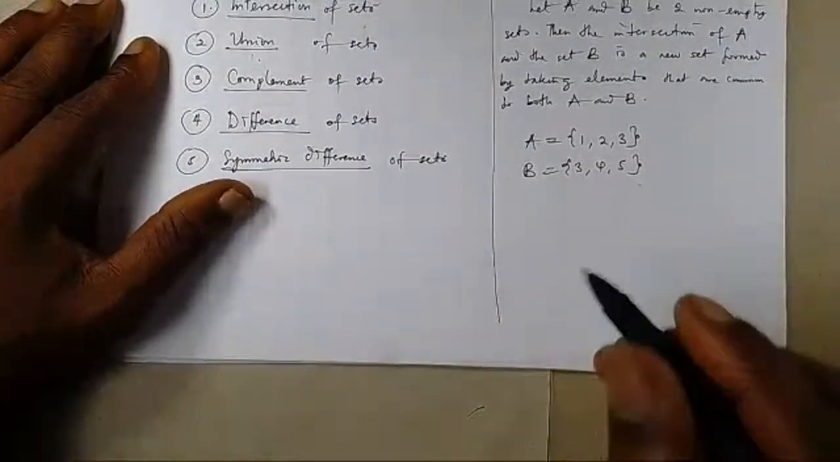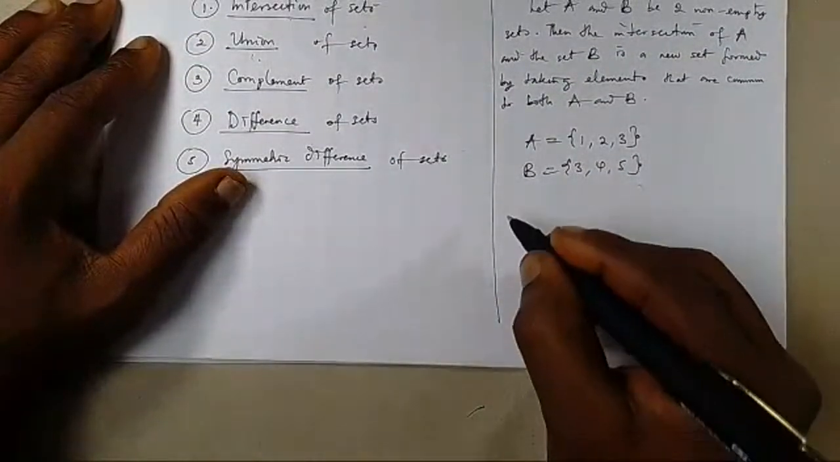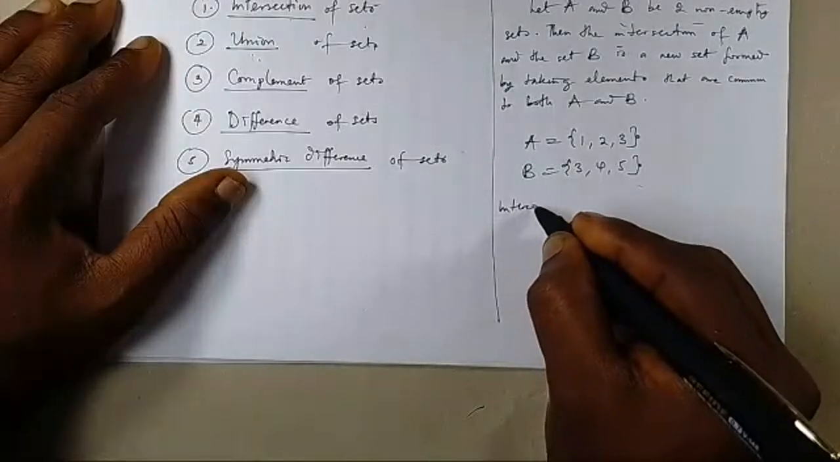Now, what we call the intersection of A and B,